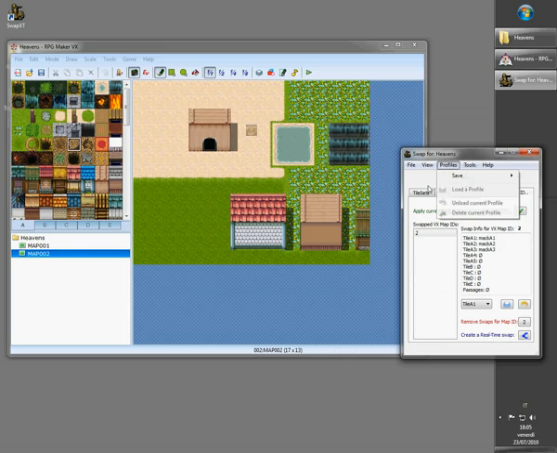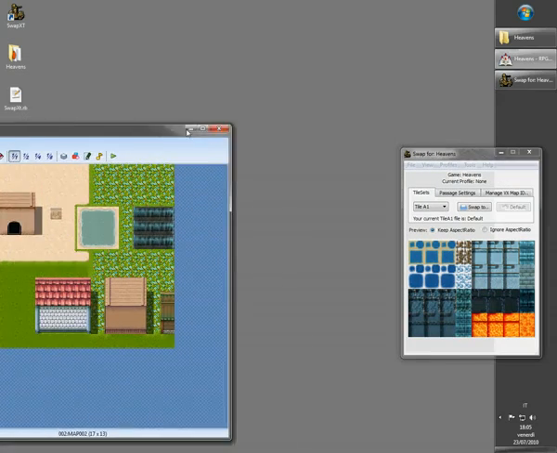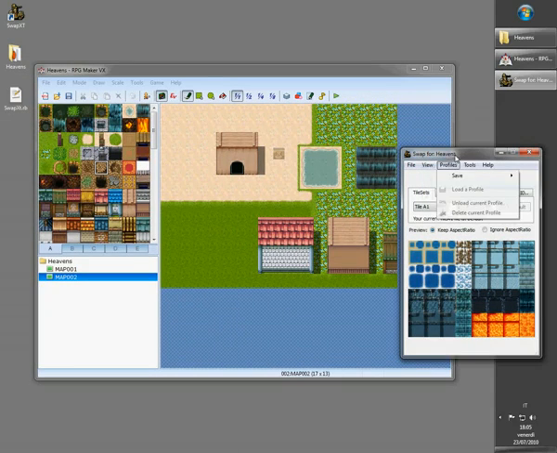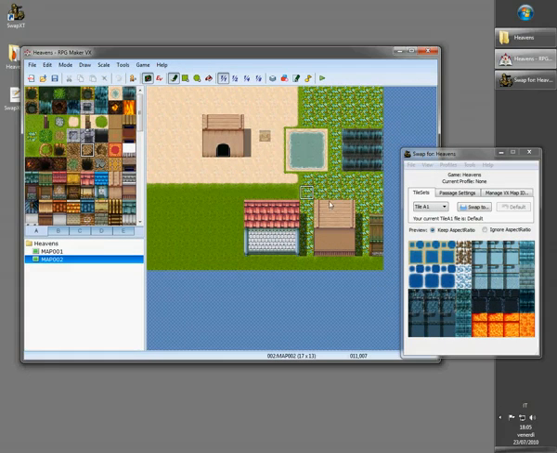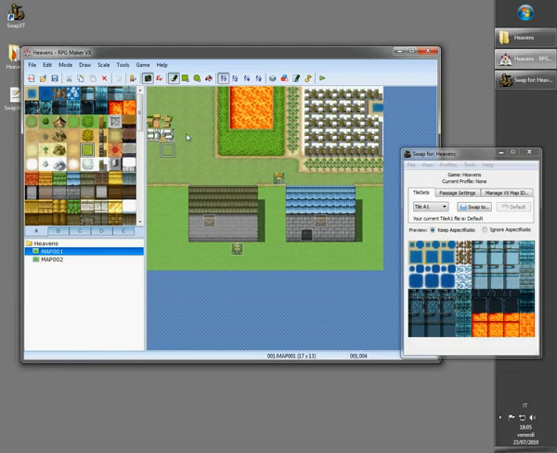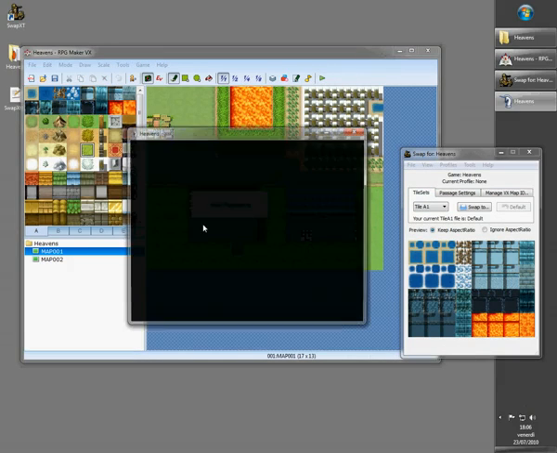So let's restore our tile sets. Okay. Yes. Okay. So if now I start my game without putting one single event, if I start my game,